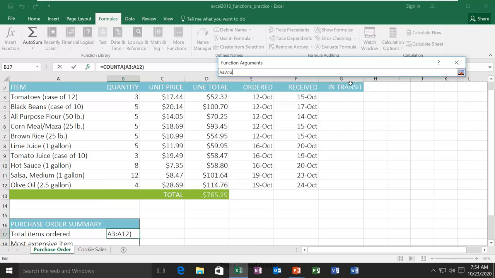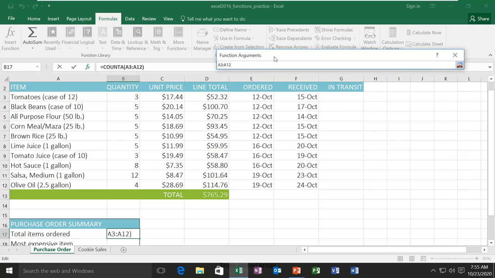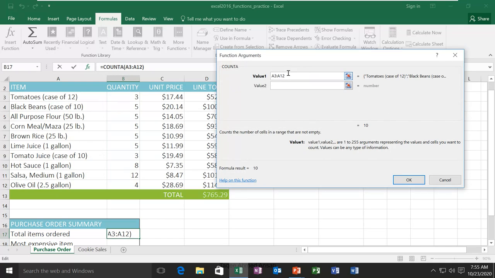It will shrink the dialog box and allow you to add the range. Now you can select the range using your mouse. So I know I want to use this range. I select the range, and then again I press this arrow key, and here we have the range.